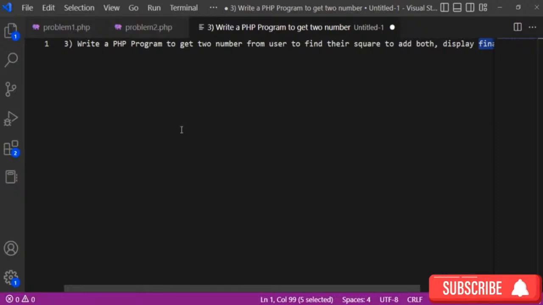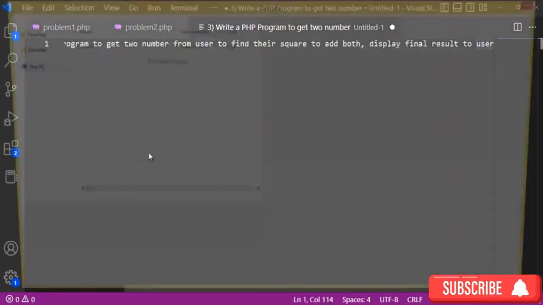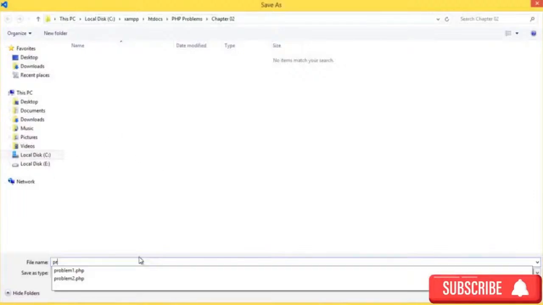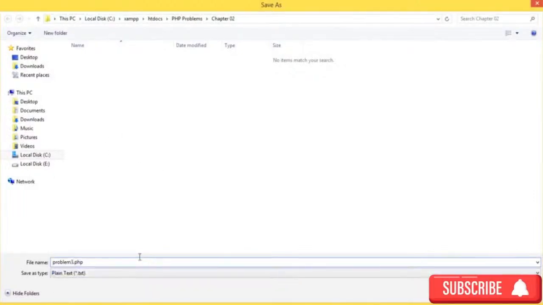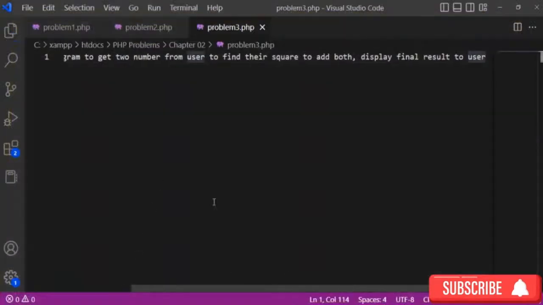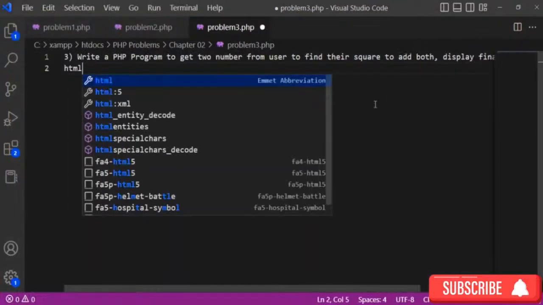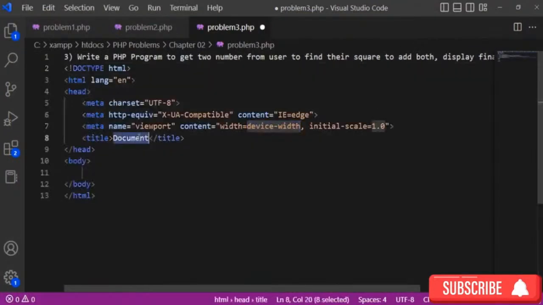This is chapter number 2, related problems and their solutions. I want to save this file in the same folder. This is problem number 3. Then what I have to do is get a basic HTML structure. This is chapter number 2, problem 3. Now inside the PHP tag, what I have to do,